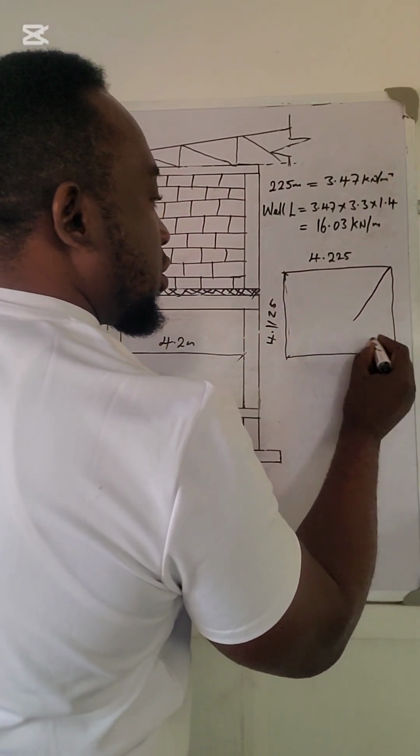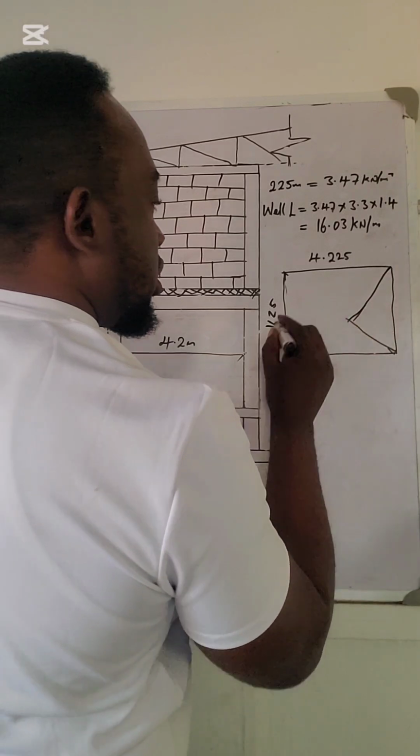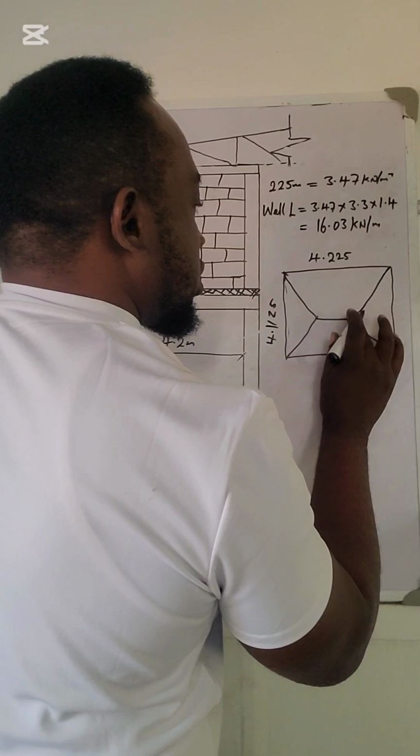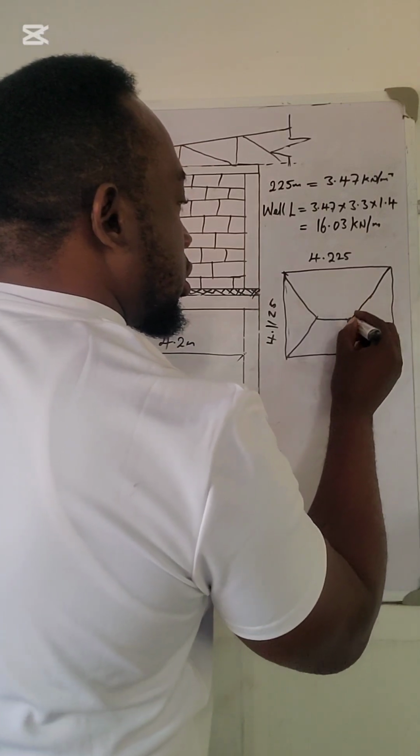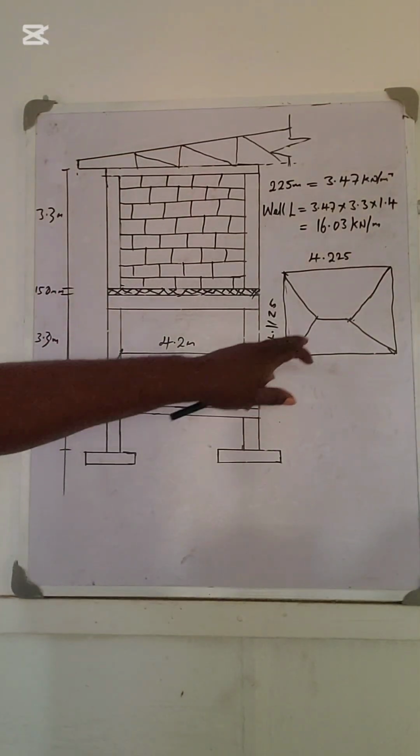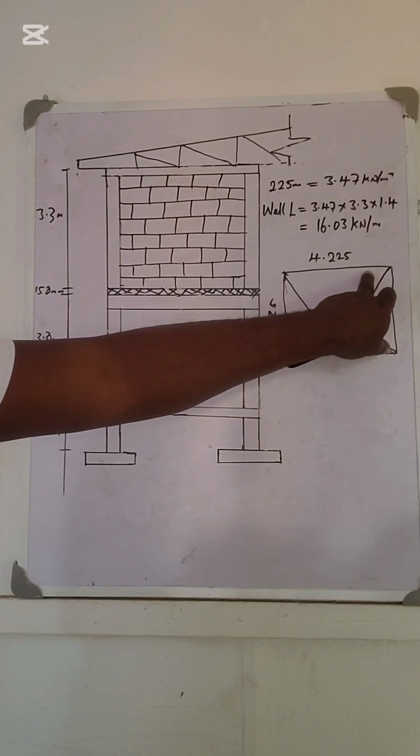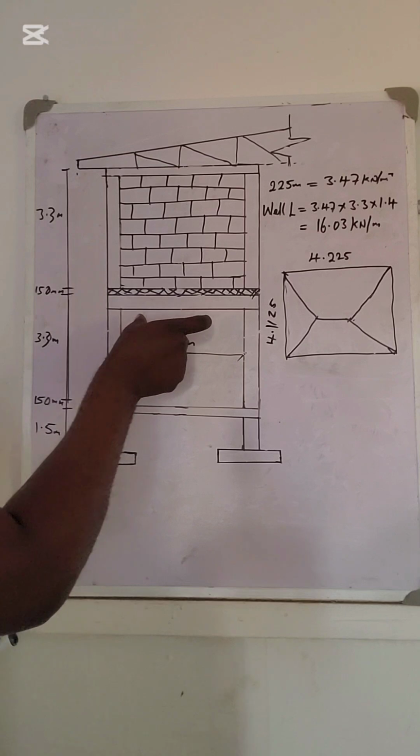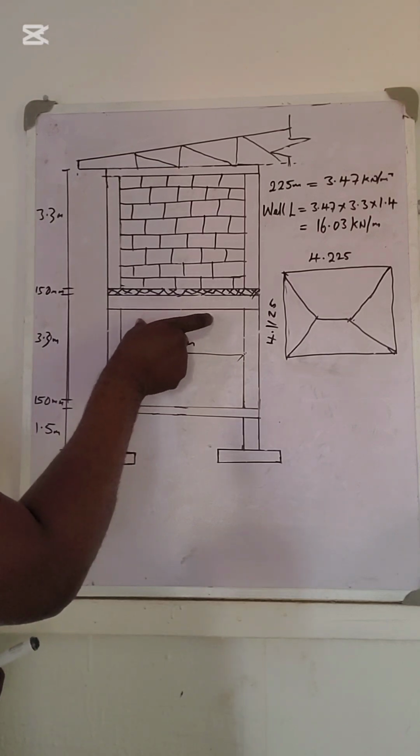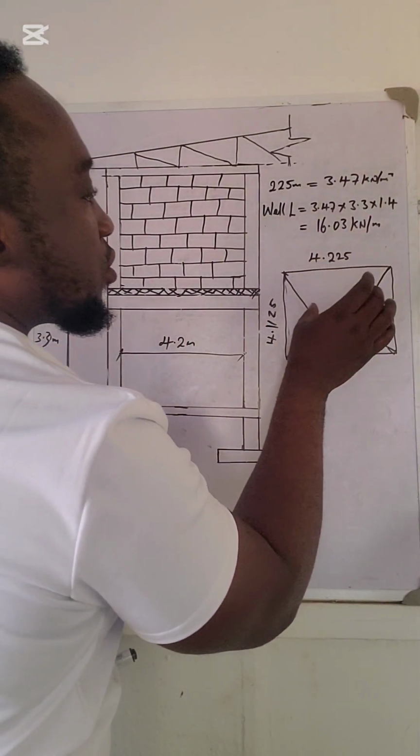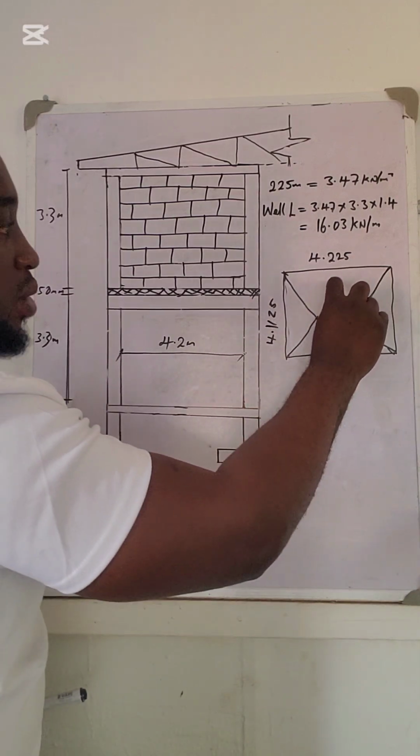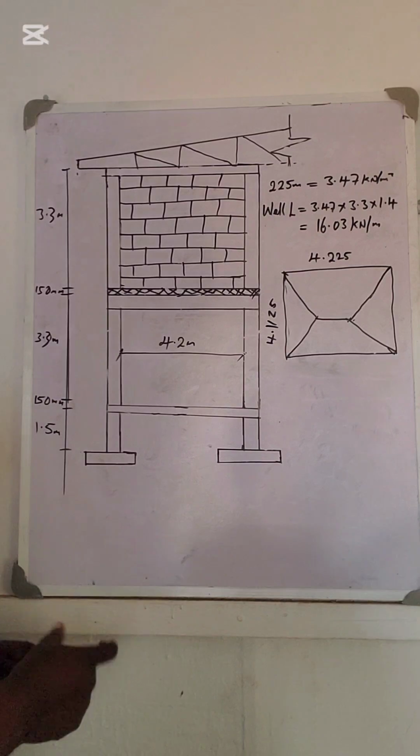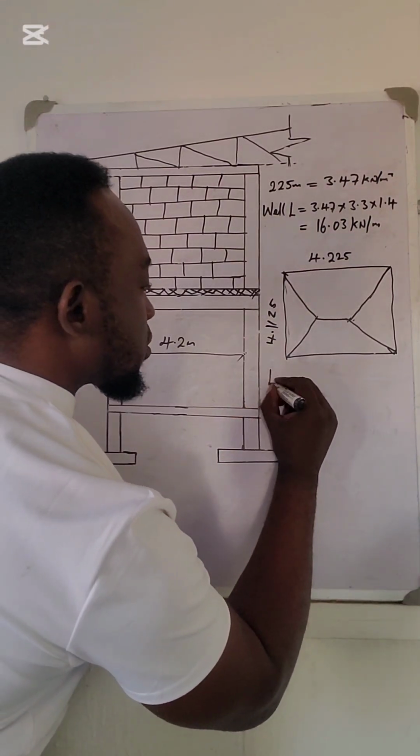This is 45 degrees. This is another 45 degrees. So this is the LY, while this is the LS. Now, assuming this is the LX, LY, how do you transfer this load from this slab to the beam? Now, there's a formula for it. For the long span,